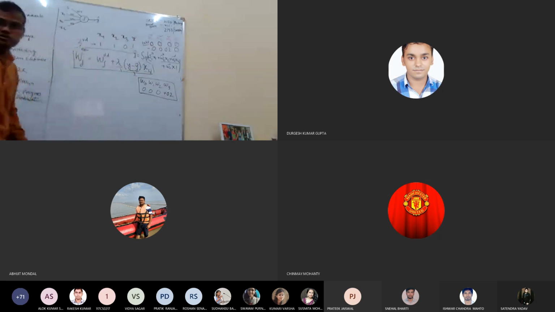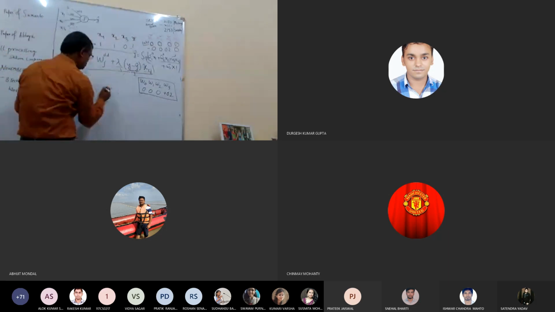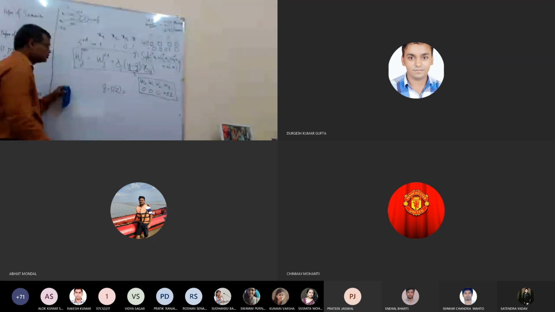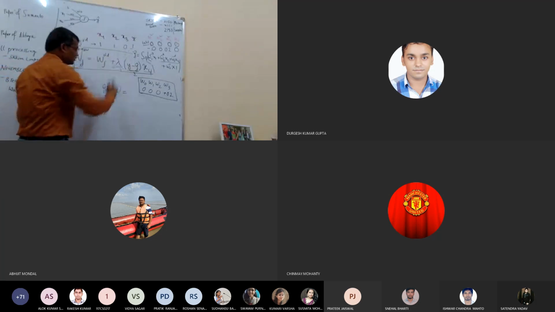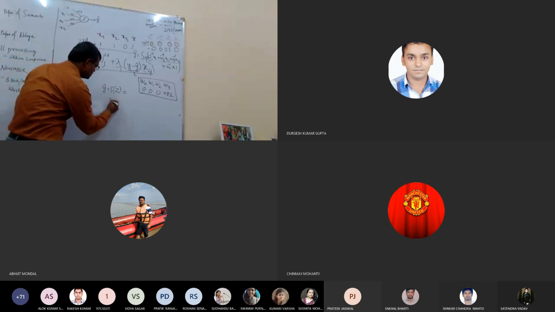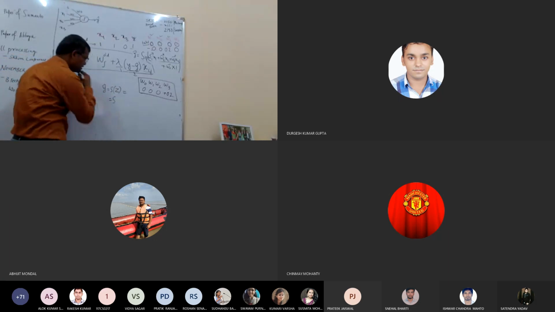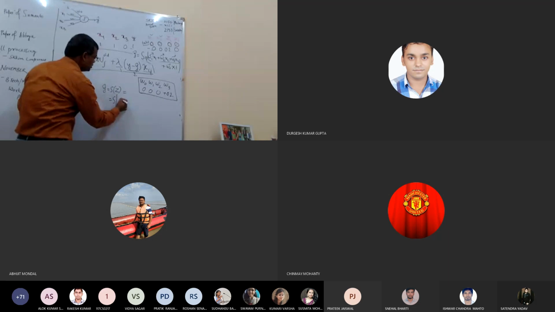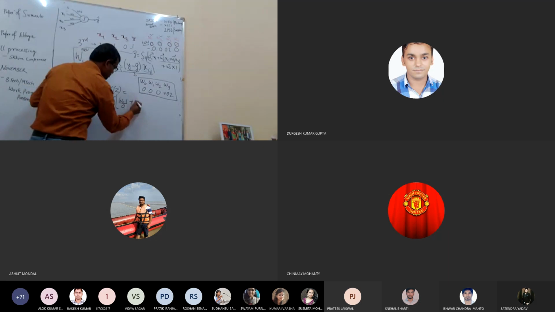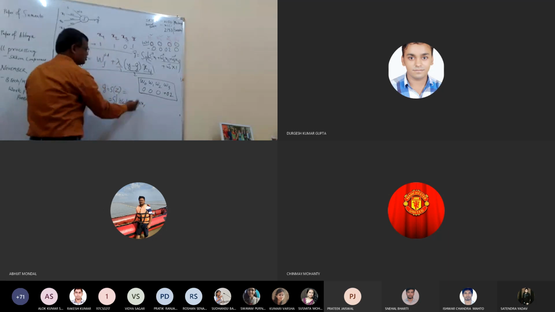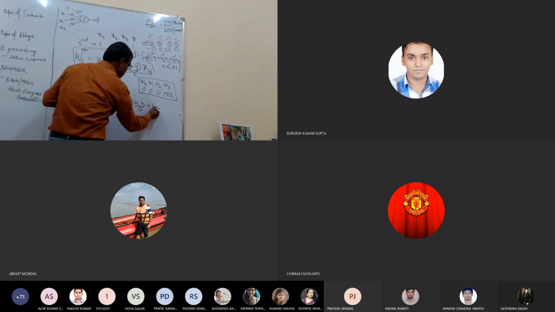Then what do you have to do? The first task is to compute y bar, which is the sign of z. For which sample are we computing? For the third sample, that is 1 1 0 1. z is w0 into 1. w0 is 0 itself, so this gives 0, plus w1 into x1. w1 is 0, so this gives 0. w2 into x2 is 0.